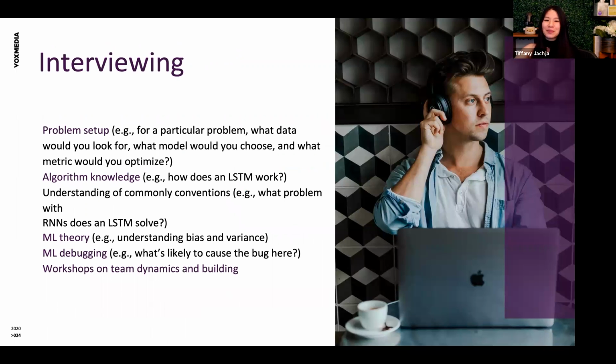So I'm at the end of my presentation, but I wanted to talk about how you actually figure out if someone is a good fit for the team, and what are some questions you can ask or begin to ask around machine learning. There's a couple of different things we can ask, right? We can go back to why we are trying to solve these problems. We can also do deep dives on machine learning theory and debugging: why performance matters, why we want to design certain systems the way that we do, what conventions we should stick to, and what conventions we shouldn't stick to because we're moving away from them